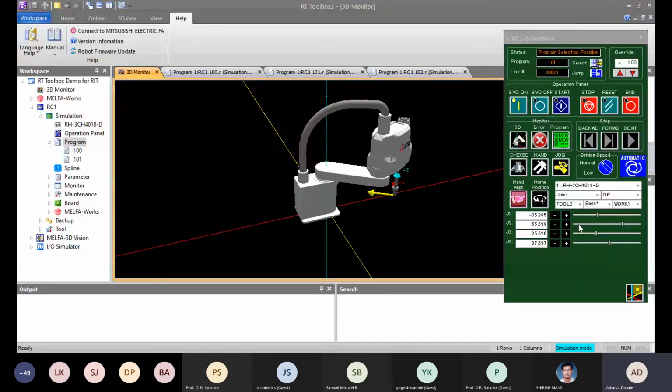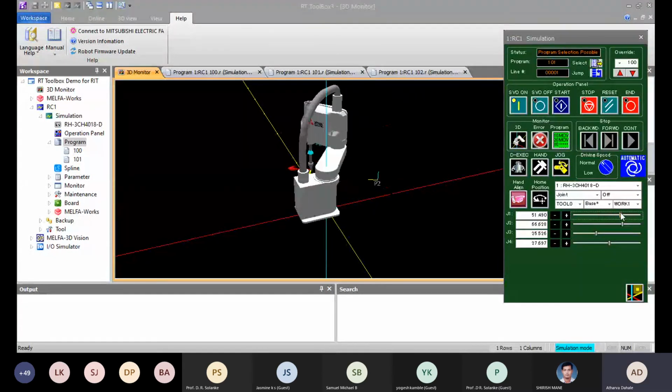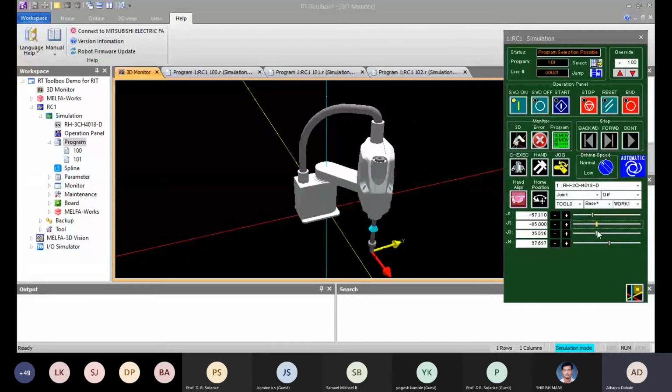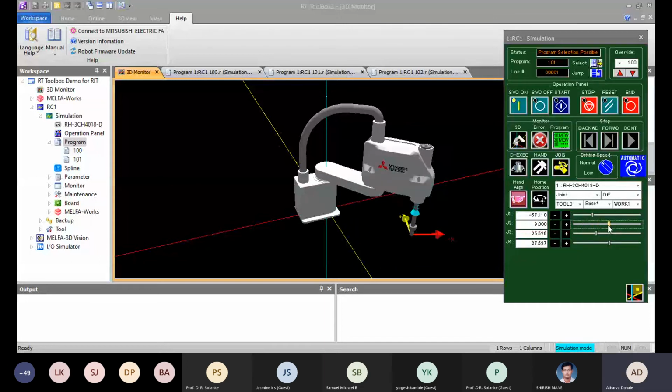I'll move the J1 axis first. This is the first axis, and on the robot itself it has been written how many axes it has and how many axes you can add externally. This is the next axis, J2. One motor is placed here near the J2 axis. Next one is here, J3. That is the up and down of the shaft where the robotic end effector will be placed. And the last axis is twisting the shaft. So these are the 4 axes.